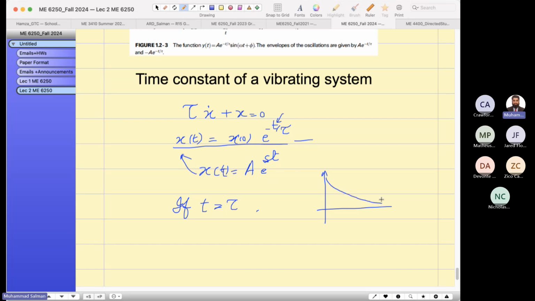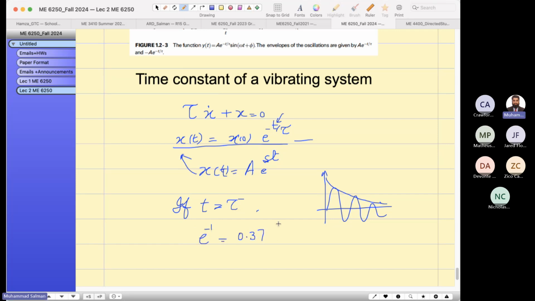It looks like this graph. So suppose this is our oscillating amplitude, this envelope, and this is going down. So if t equals the time constant, what will happen to this? So e to the negative 1 equals